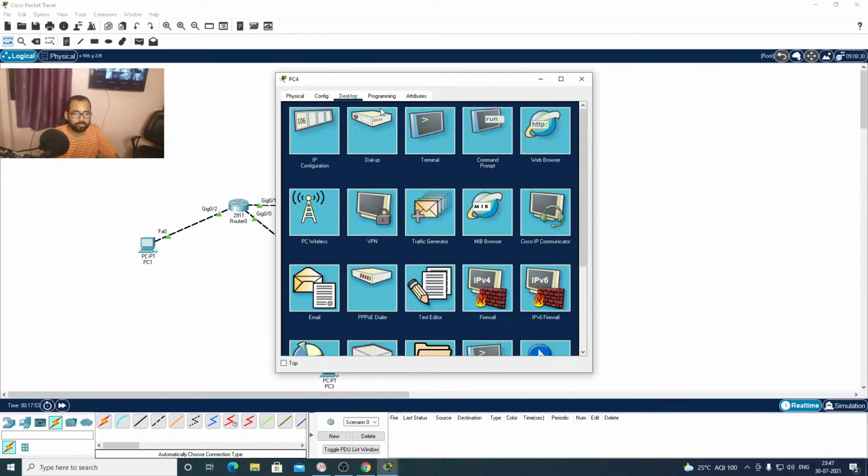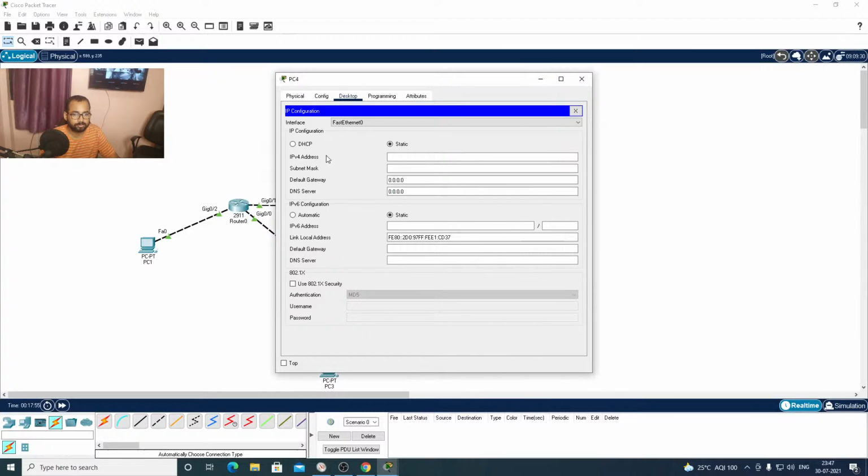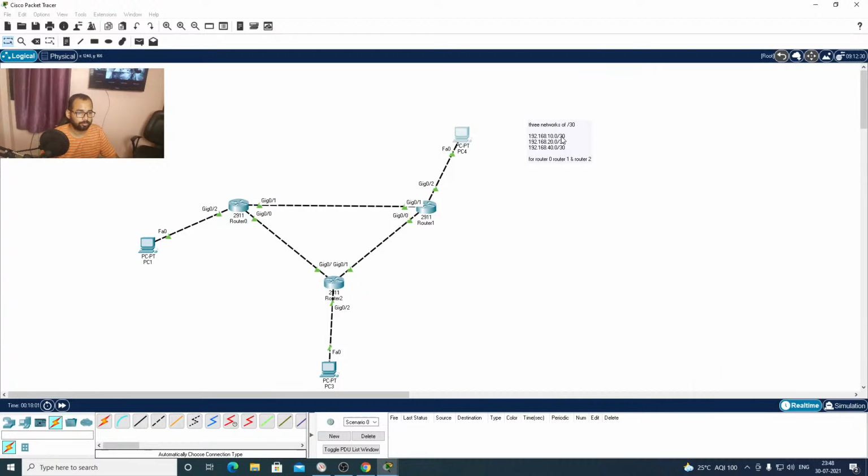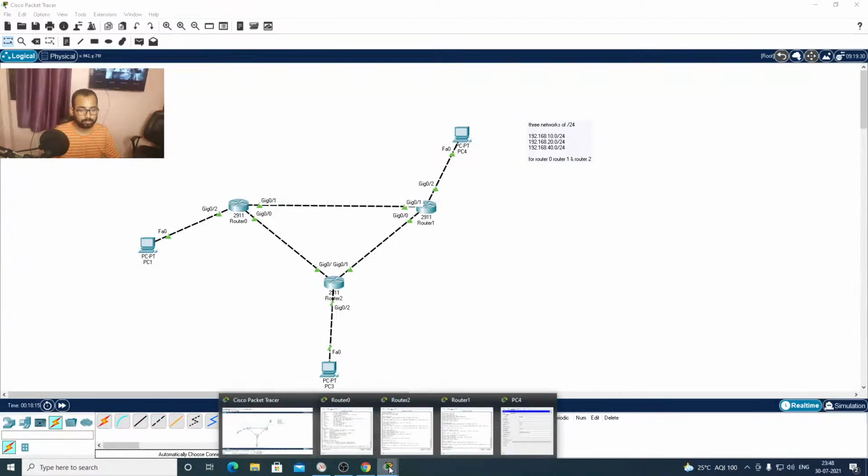For that we need to go to desktop, IP configuration, and here we have to enter the IP address. We have taken /24 networks everywhere. Sorry for the typo.